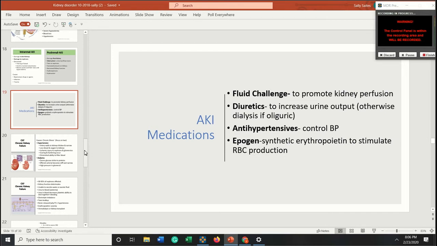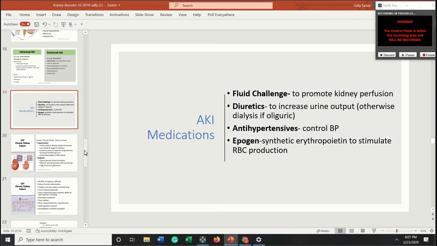Once the perfusion is fixed, then we can help kickstart the kidneys by giving maybe a fluid challenge. So we did give that quite often with the different types of acute kidney injury. We typically give 500 milliliters of normal saline bolus, so we give it right away. When we give that, we can give diuretics at the same time because they're typically hypertensive, but we want to monitor that blood pressure, so that's going to be dependent on the physician's orders and safety. But that fluid and then the diuretics helping push that fluid through can sometimes get the kidneys to start again.